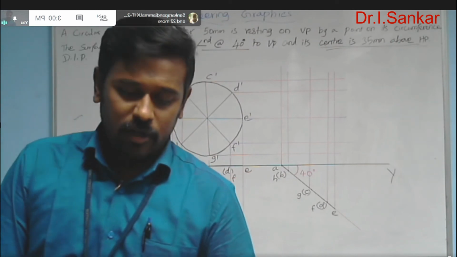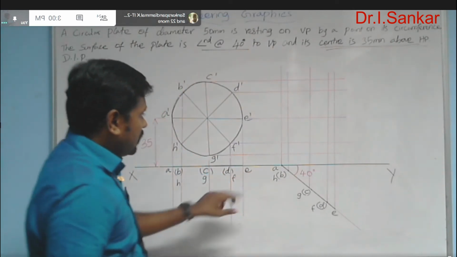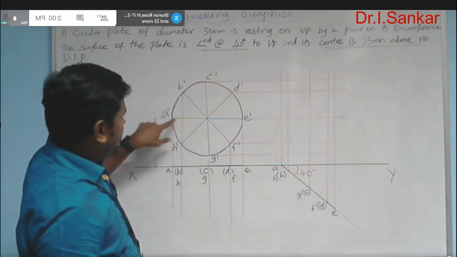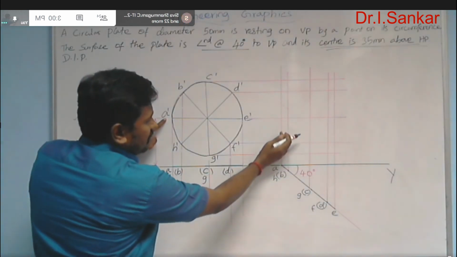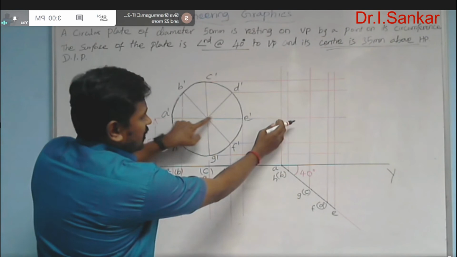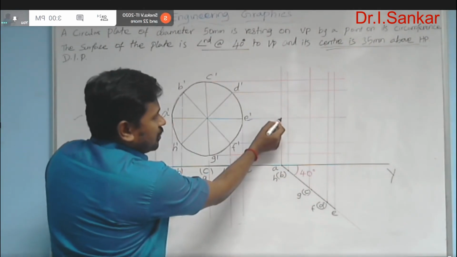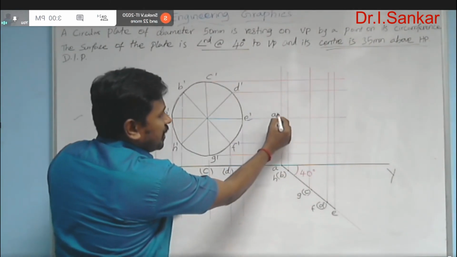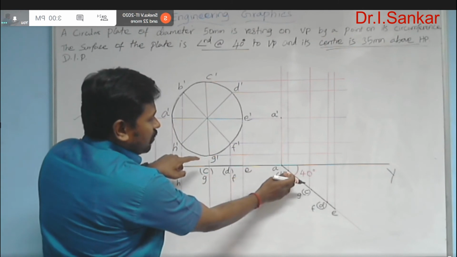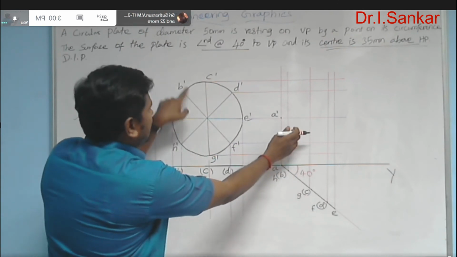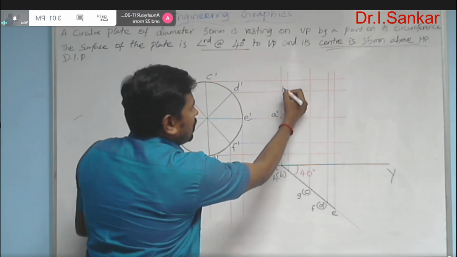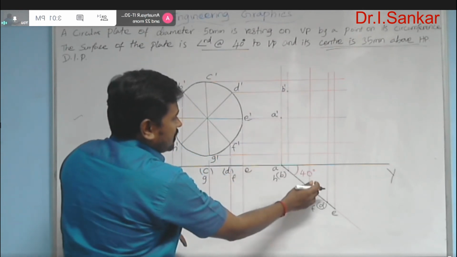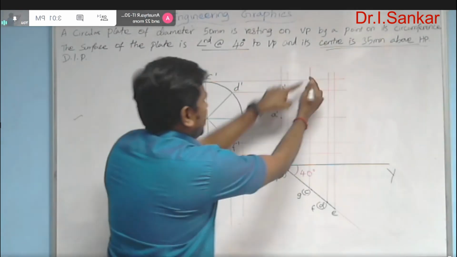Now it's time to identify the cut points. So here A and there A dash. The vertical projector of A will intersect with the horizontal projector of A dash at this point. So here you need to mark the final A dash. Similarly, the vertical projector of B and the horizontal projector of B dash will intersect here. You can mark B dash, and similarly C, C dash,